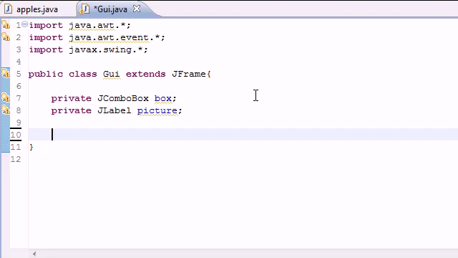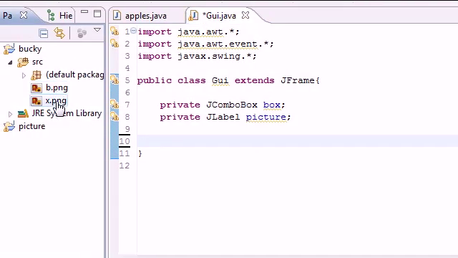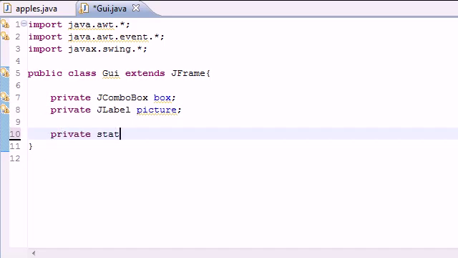Now the next thing we need to create is actually two arrays. You see here I already have two images, b.png and x.png, and these are pretty much just an image that says b and an image that says x with a little graphics on it. So we need to create two arrays. The first array is going to store the file names, and the second array is going to store the pictures themselves. So let's go ahead and put private static, we don't want it to change, String, and remember this is going to store the path, and the path is just a string, and I'm going to name it fileName, and we'll set it equal to